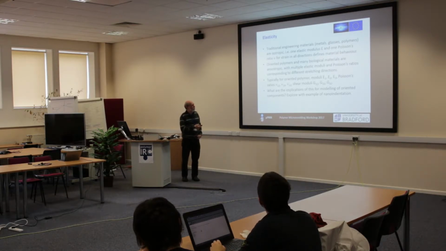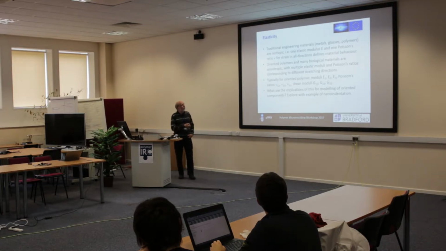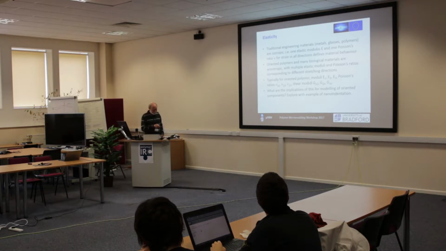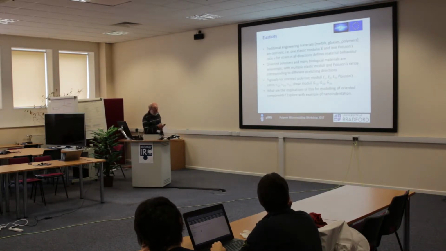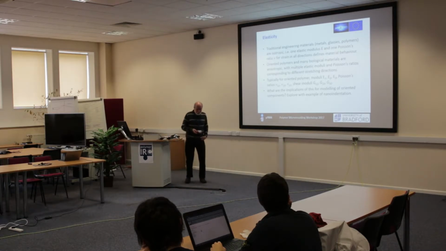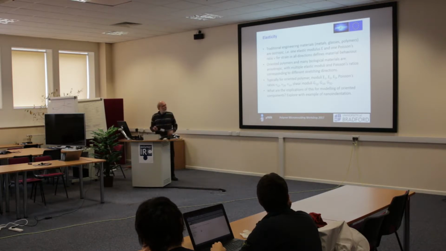And of course, the other elastic constants which we need to define elasticity are Poisson's ratios and shear moduli. So it looks like you've got 9 constants. Okay. So that's going to cause us a bit of a problem. Okay, so in traditional isotropic elasticity, you've got a Young's modulus and you've got Poisson's ratio, and that's it, 2 independent constants. So here,